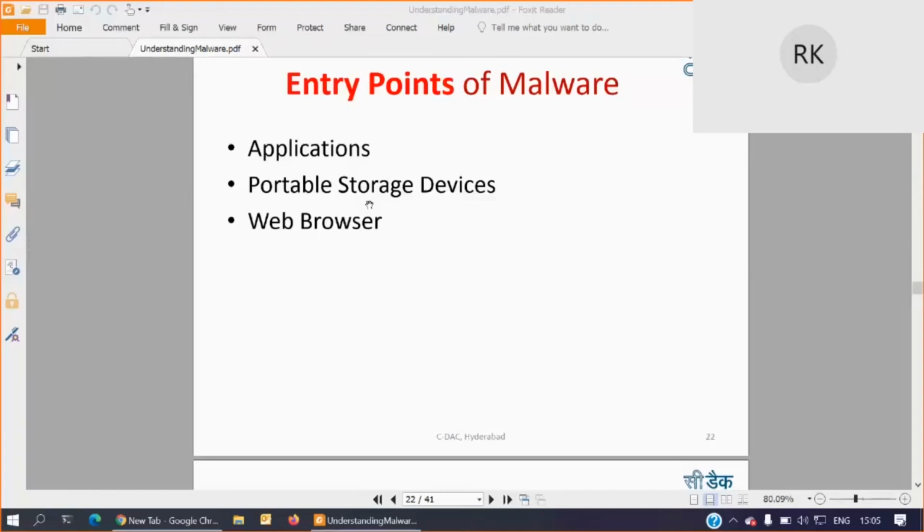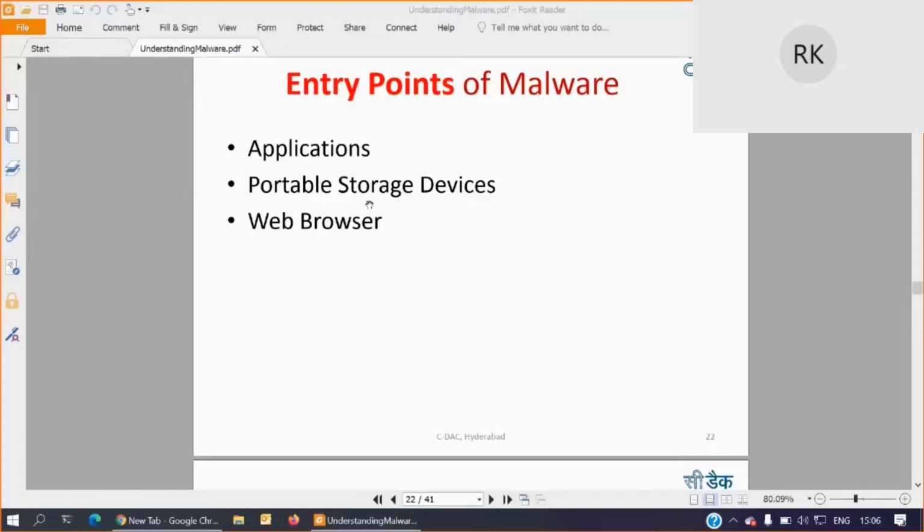Now such kind of systems will try to infect whatever is connected to that system. Now we are taking our pen drives and connecting that pen drive to our infected system. Immediately it will infect the pen drive, right? Now you are bringing that pen drive to the office and connecting it to the office system. What will happen? Even though your network is very strong and robust and your system has updated software and all, it will try to infect your system through that USB.